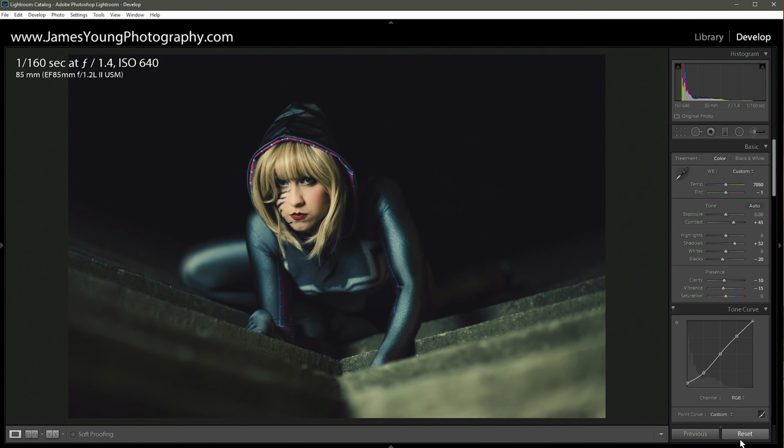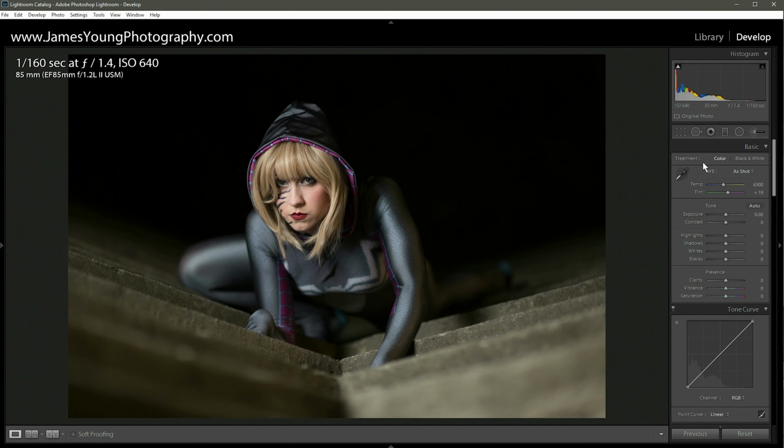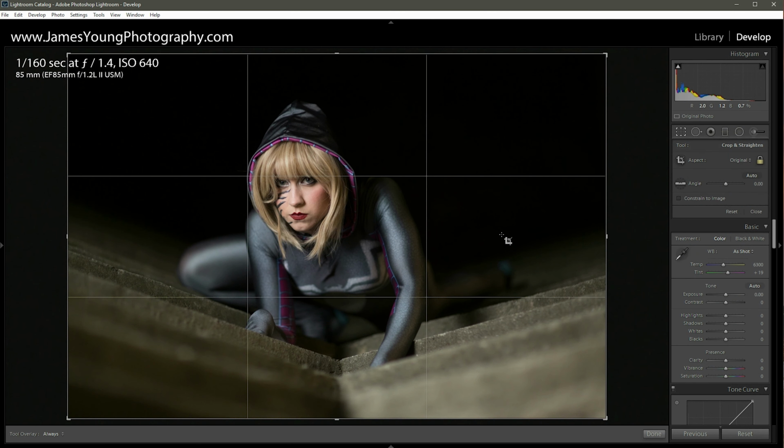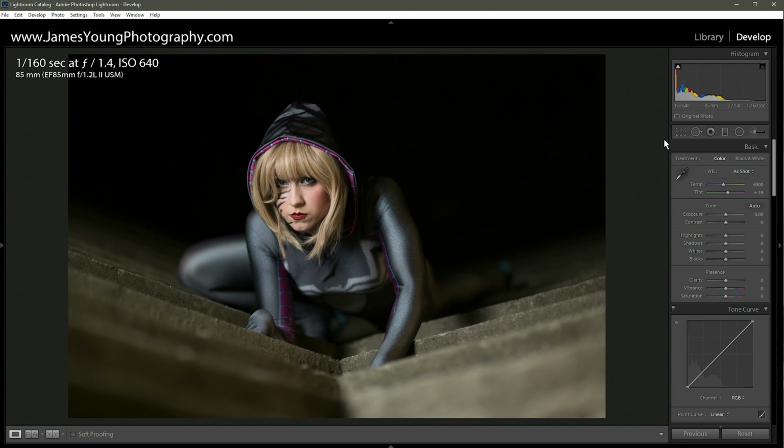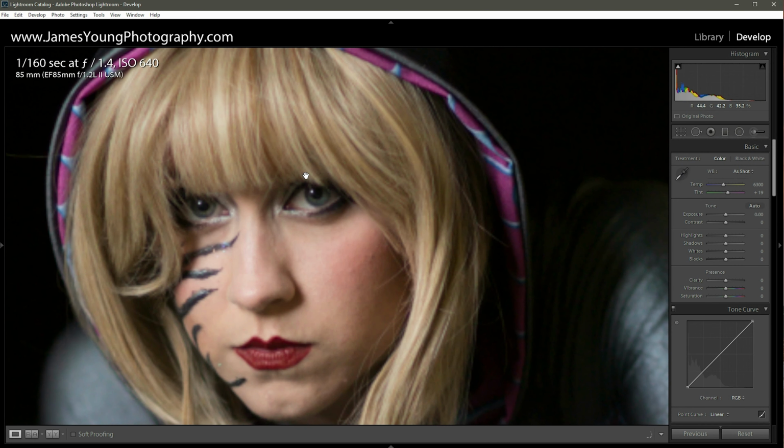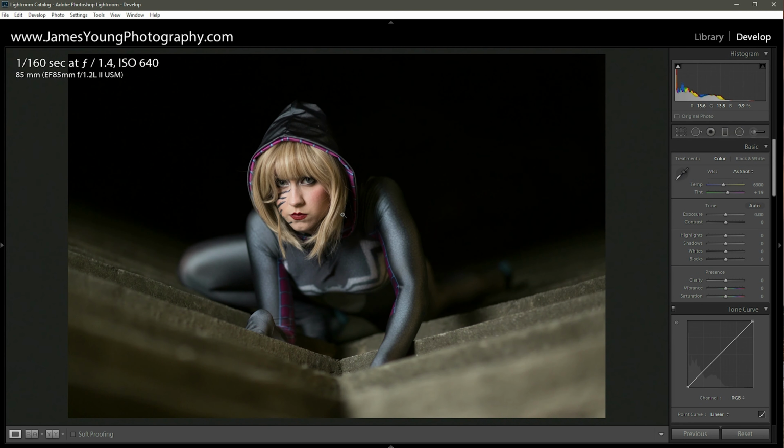So let's get right into this thing. Right off the bat, I'm totally happy with the composition. The subject's head kind of falls right into a third there. I could crop in a little bit, but I'd rather just keep it the way it is. Zoom in 1:1 here, you can see, lock that focus in at f/1.4, shooting 85 millimeters, getting that real shallow